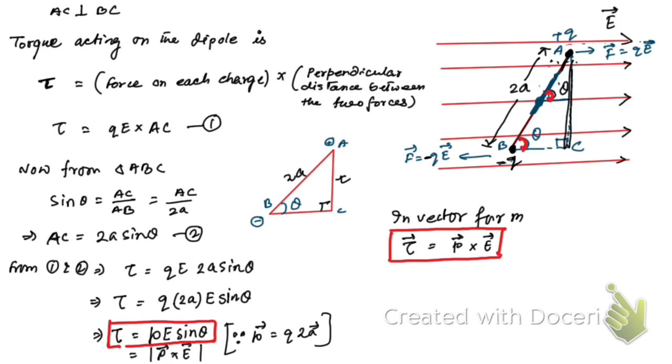Now here we're gonna have two special cases. Let me go to a new slide. Here you see, what is the magnitude of torque? Torque is equal to P E sin theta. We have got this, right? So now special cases. Just wait, let me write this one here. Special cases. Case A, when the dipole is placed parallel to E,